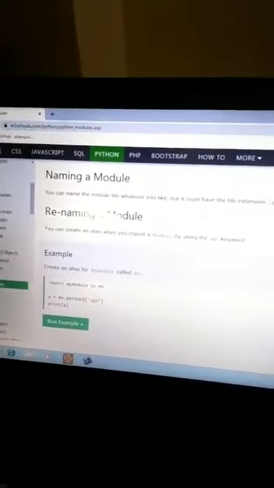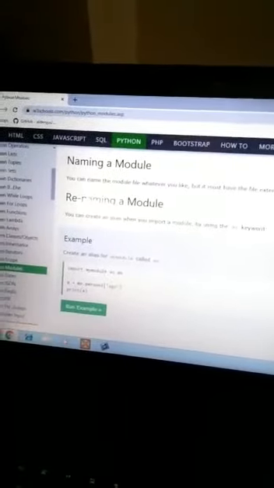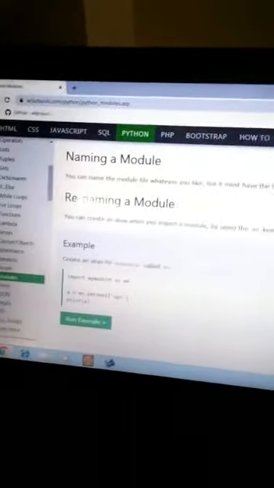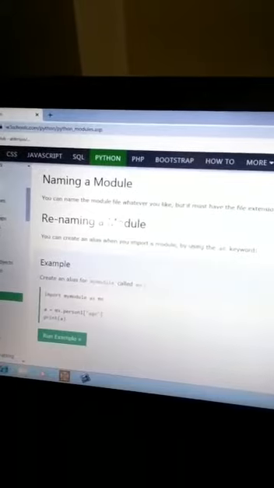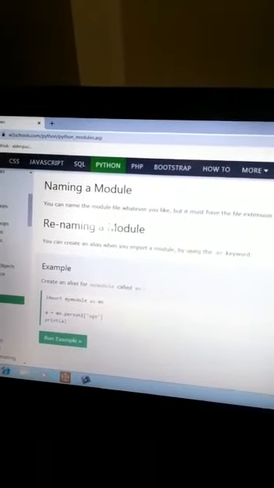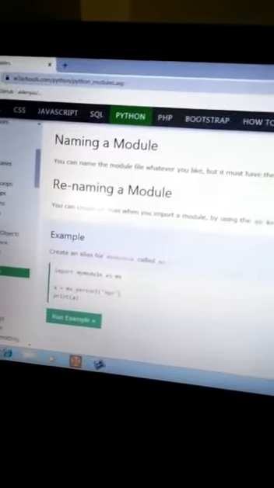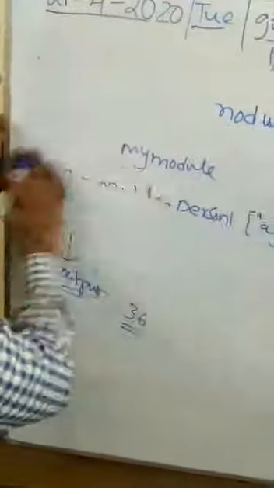First, we are giving my module, then you can rename that module with another name. This can be implemented by using the keyword as. So this can be implemented in this example. My module can be replaced with the name MX. See here, already we have created my module. This can be replaced